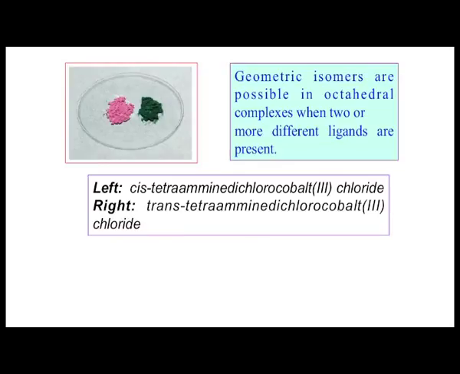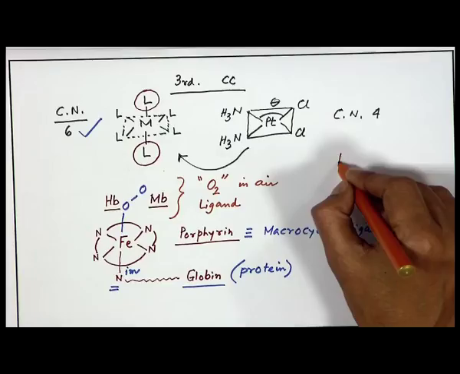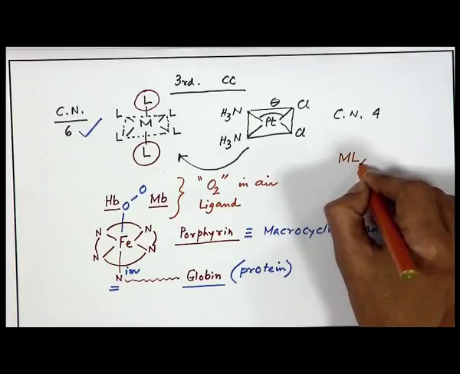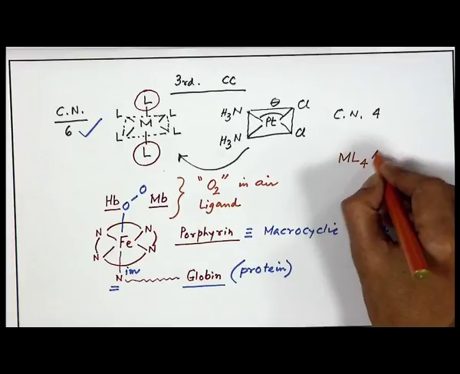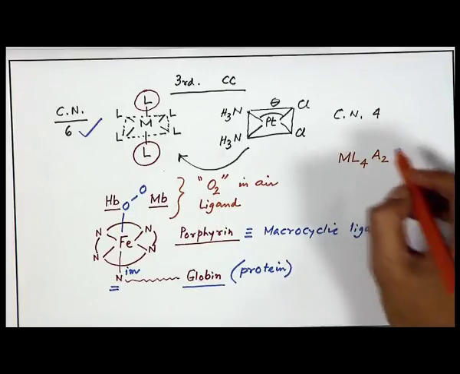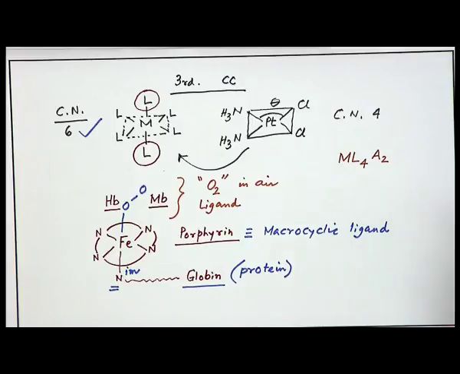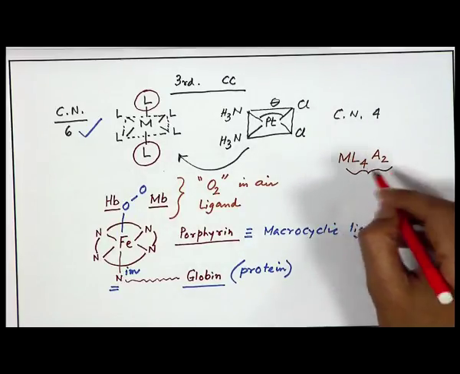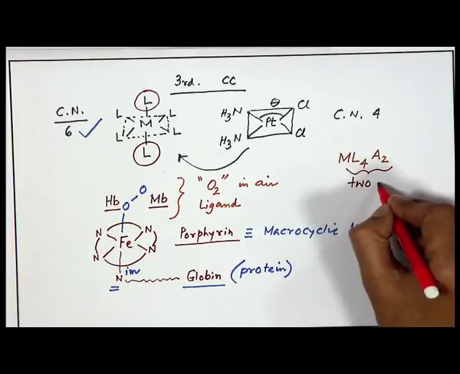So, what we find is that this can give rise to some isomeric form, the way we have seen the cis trans isomerism. How we get these isomers is when we have an octahedral complex and at least two or more different ligands are present. So, if we have a complex which is ML4 and A2, just now what we have seen, that we can have the 2 chlorides. So, we are basically getting 2 ligands around the metal ion.